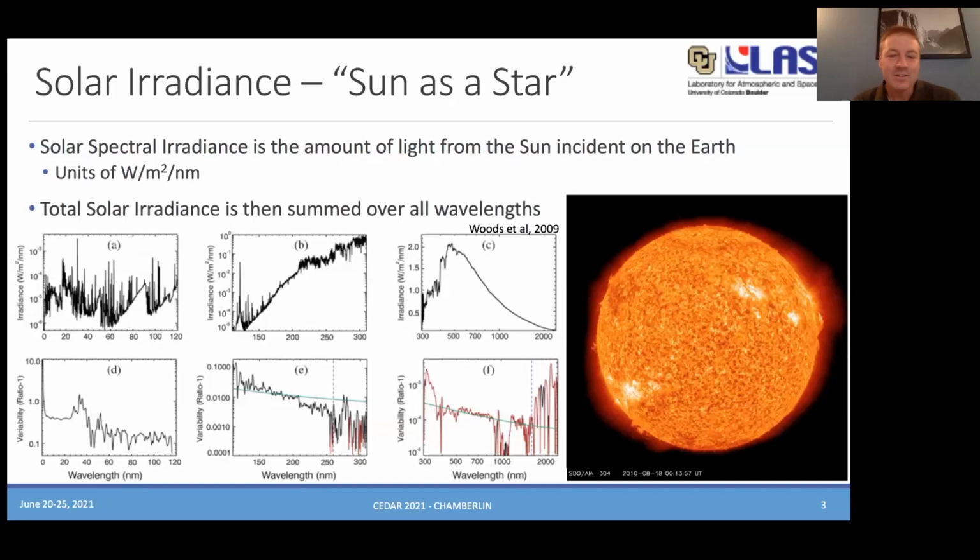But what we can do then is get really high spectral resolution, as well as very large spectral range coverage, to accurately quantify the amount of energy the sun is giving off, and therefore the amount of energy that is an input into planetary ionosphere and thermosphere, as well as other things like lunar dust charging. You see some examples of the solar irradiance and the many features from a paper we published for a solar minimum reference spectrum in 2009, spanning many wavelengths and many orders of magnitude in the actual irradiance variability.